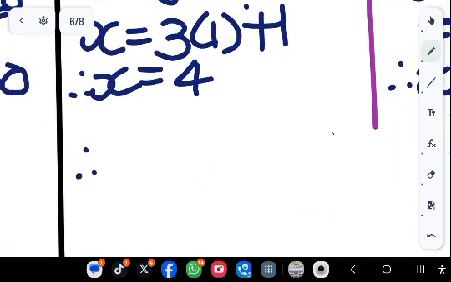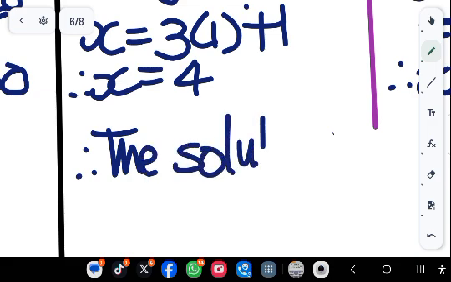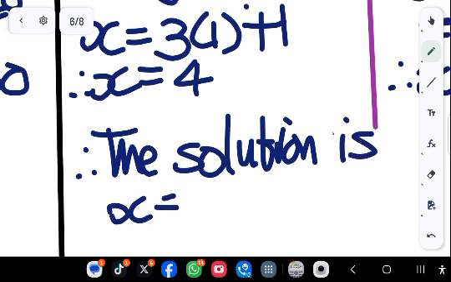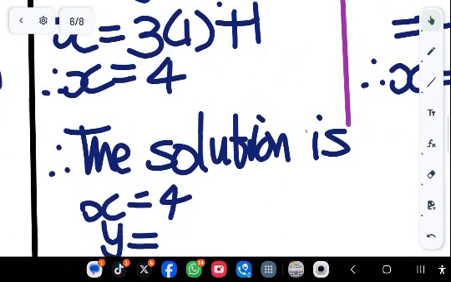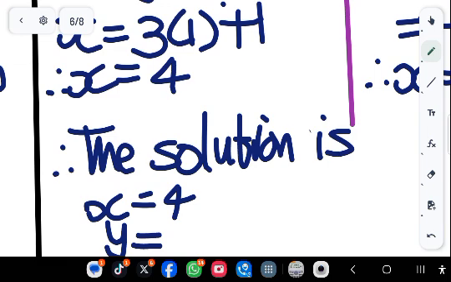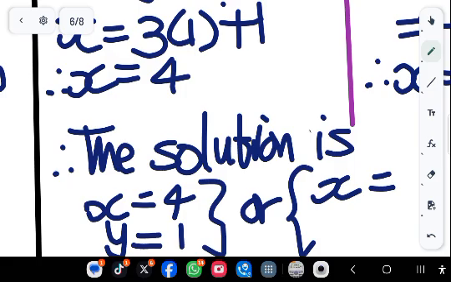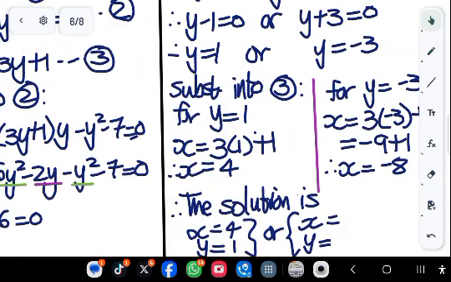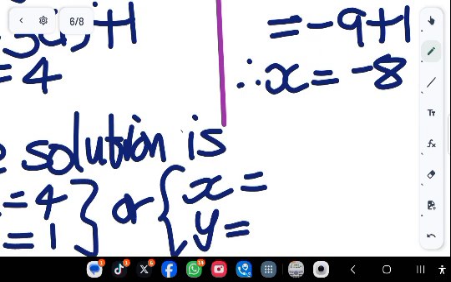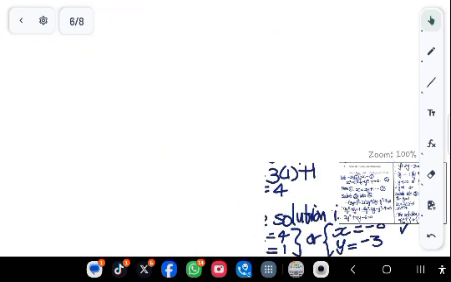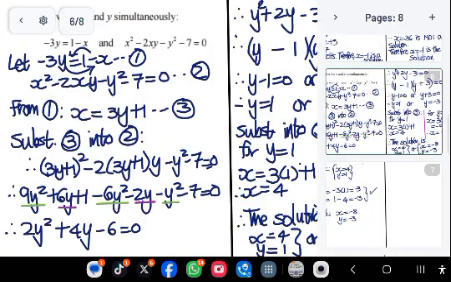Therefore, the solution is x equals 4, y equals 1, or x equals -8, y equals -3, and that's the solution. Next question,